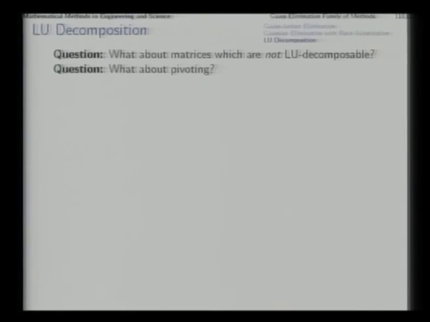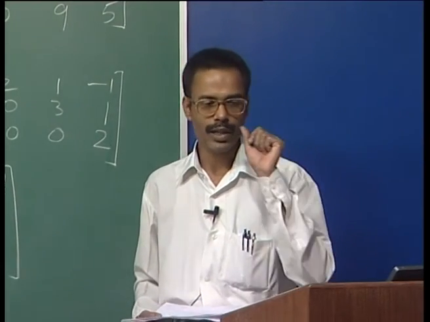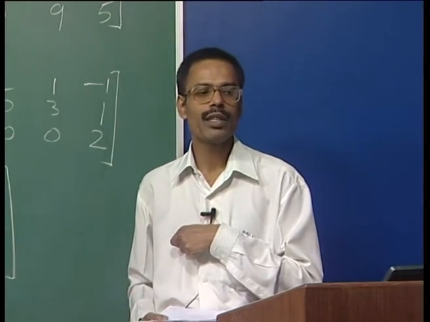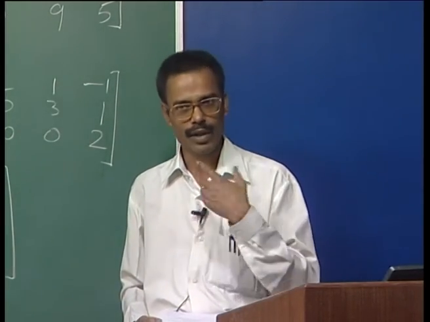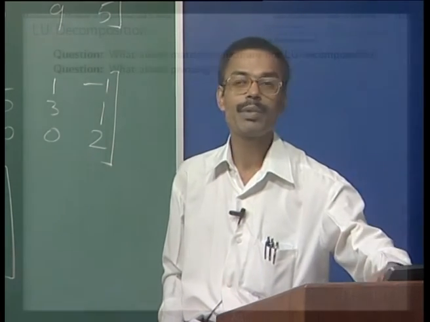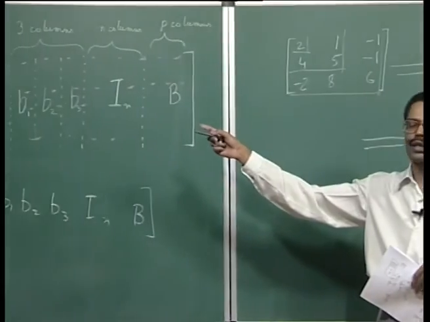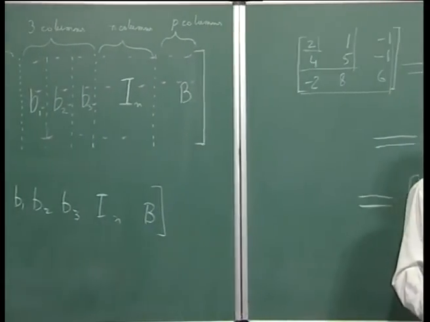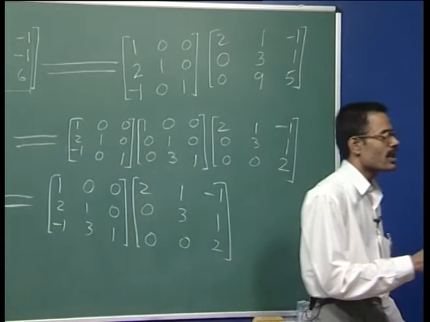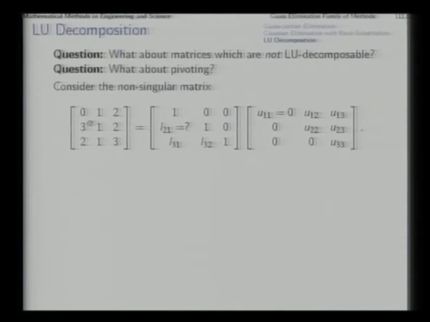Now, we address that original question which we avoided in the beginning. What about matrices which are not LU decomposable? At the same time, the other question arises, what about pivoting? For example, take this. This matrix is non-singular. That means that we should not be saying that any Gauss elimination method will fail because it is singular and the diagonal entry is 0, etc., etc. We should not be saying that. That means that for this non-singular matrix, we should be able to apply any Gaussian elimination family of method without any hindrance. Now, let us proceed.